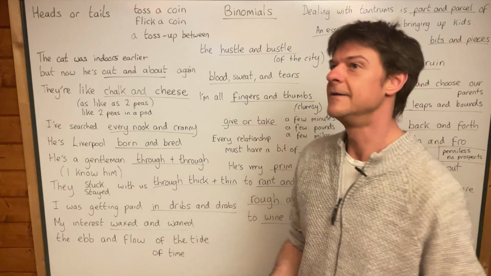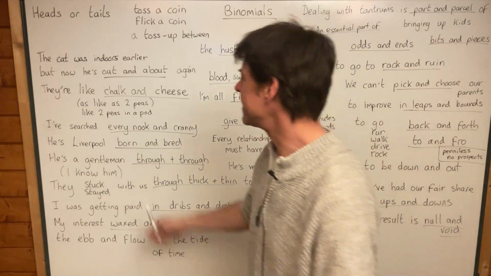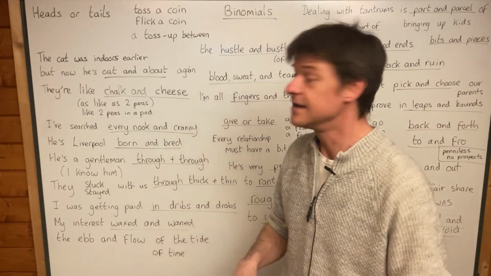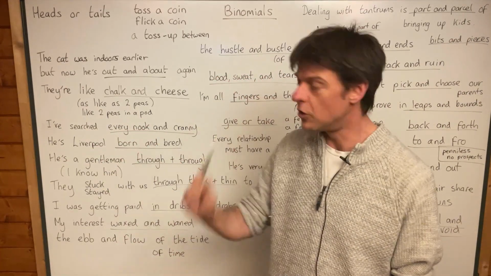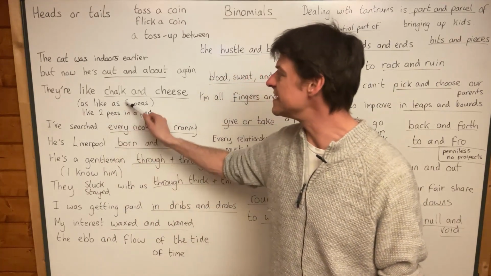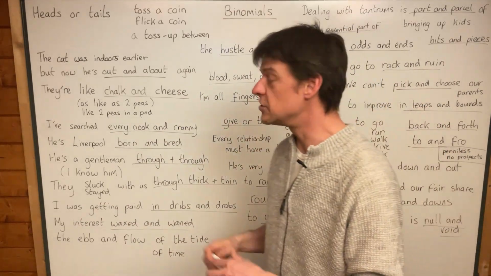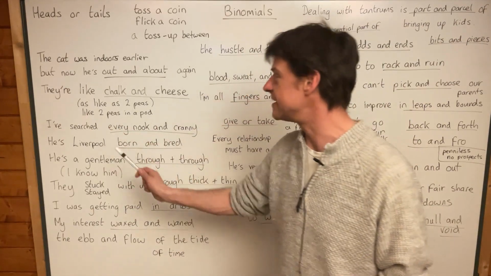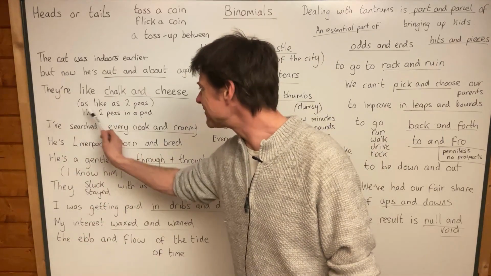And so if you say they are identical twins, but in terms of personality, they are like chalk and cheese, that means they're completely different in terms of personality. But in terms of appearance, they are as like as two peas, or they are like two peas in a pod. Yeah, and so we've got this, which means the opposite. This means they are really similar. And so identical twins usually look like two peas in a pod, or they look as like as two peas. And I particularly like this one because I've never seen, you don't see it anywhere else, as like as.